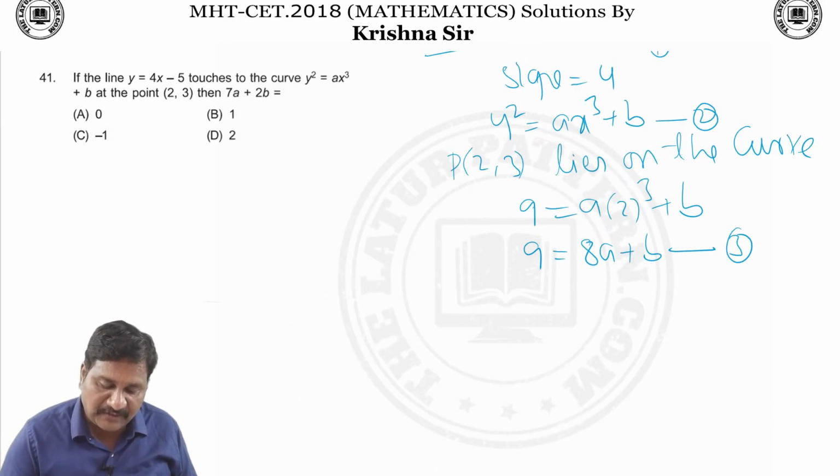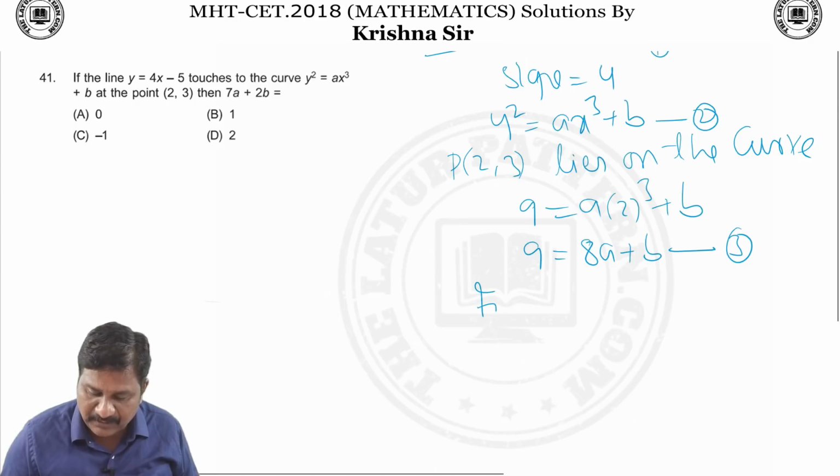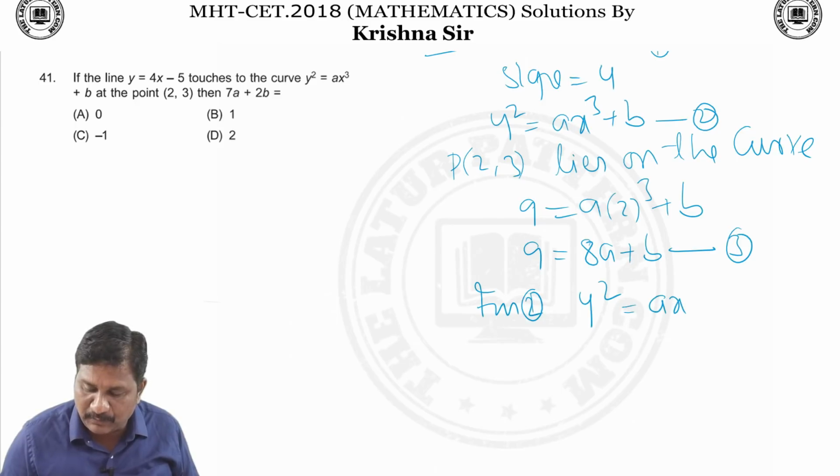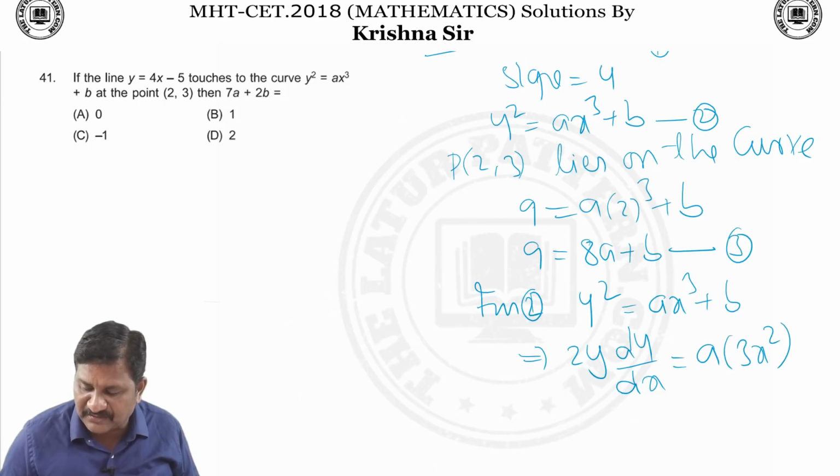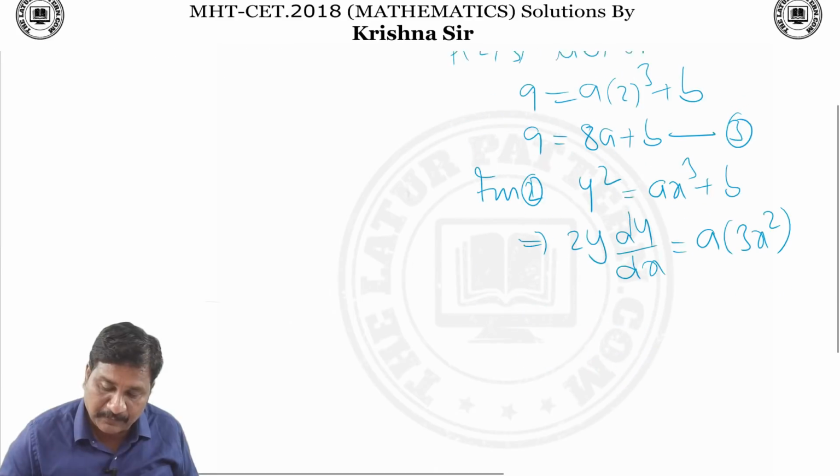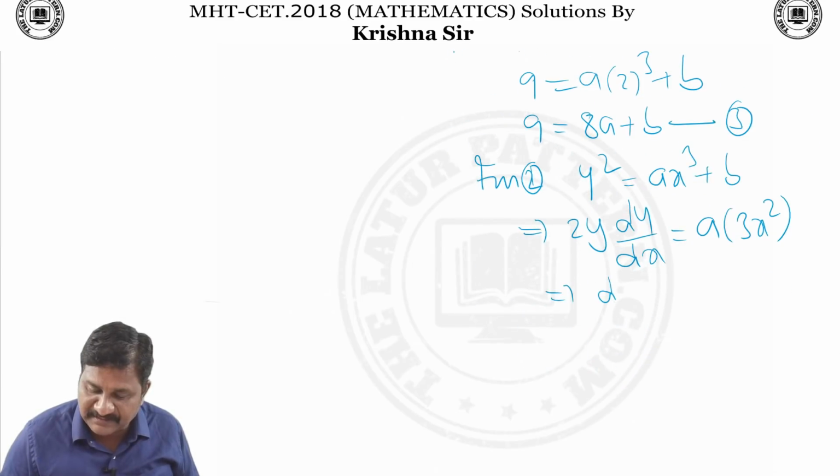So you know the slope of the line. The line becomes the tangent of the given curve. So the slope we are finding by differentiating the curve. The curve equation is y square is equal to ax cube plus b. Now differentiate: 2y dy by dx is equal to a into derivative of x cube, 3x square, derivative of b is 0, and dy by dx is equal to